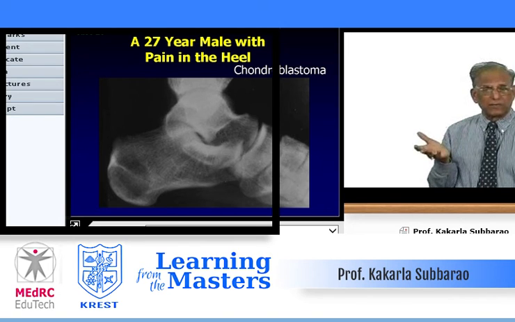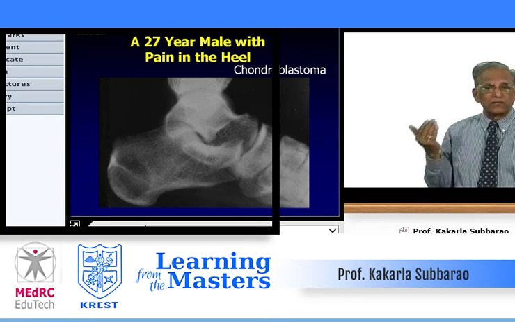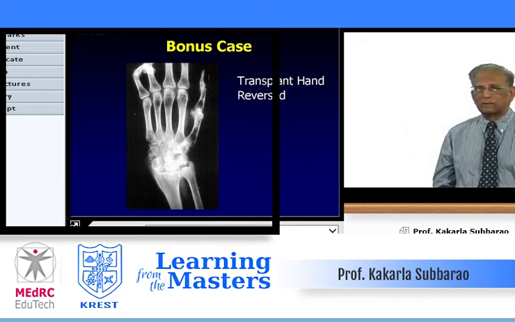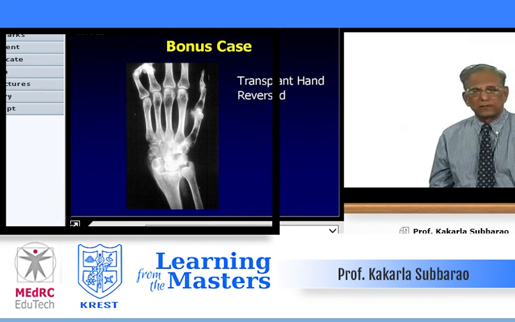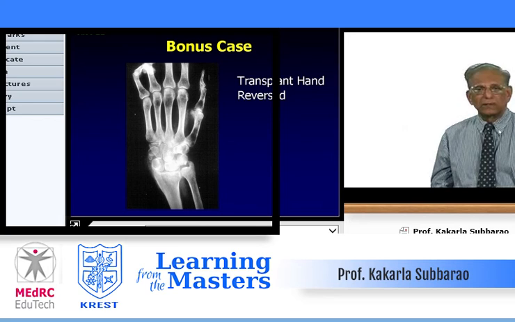Although there are no calcifications, only 30% of them calcify. They arise from the epiphysis or apophysis and extend to the body or metaphysis. This is tough, I know, but you have to think in terms of chondroblastoma. It's not a giant cell tumor. Now, I'm sure you have answered all the 20 cases correctly. But then we'll come to the unusual case.